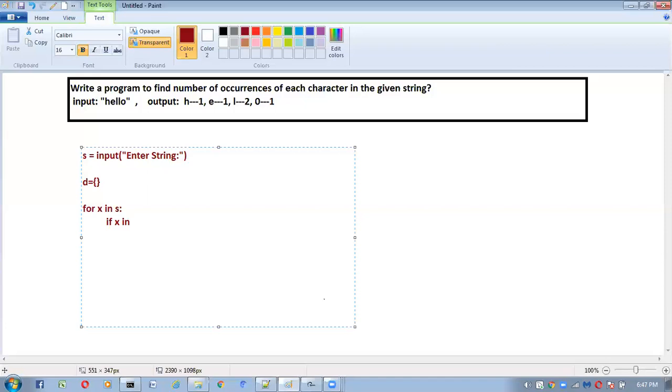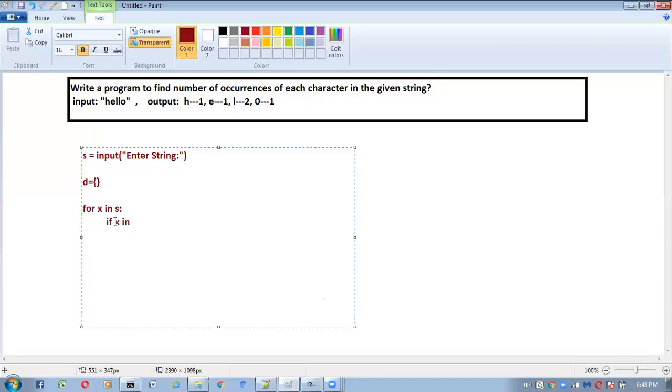So now here, H E L O, all these things are the keys. Here x also will be one character from hello, so that one is also a key only. So now we have to check whether the x value is available inside the keys or not. How can you get only the keys from the dictionary?